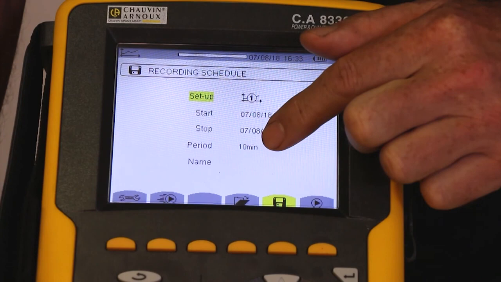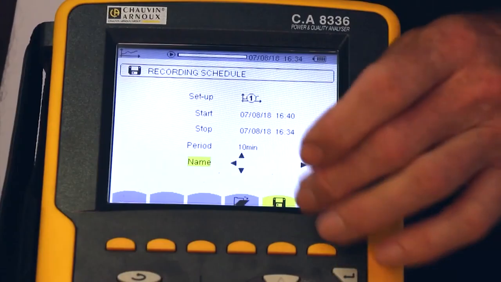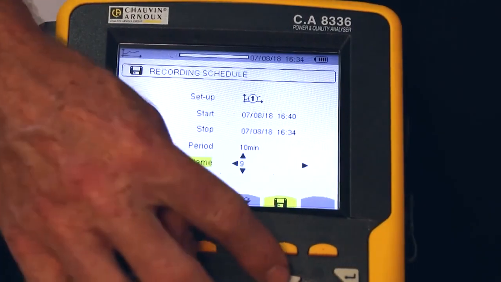The default is 10 minutes, but it has a range of between 1 second and up to 15 minutes. Remember though that quicker aggregate times will result in much larger data and storage requirements. The 10-minute default is generally considered sufficient for most applications. Again, each recording can be given a unique file name by entering it here.